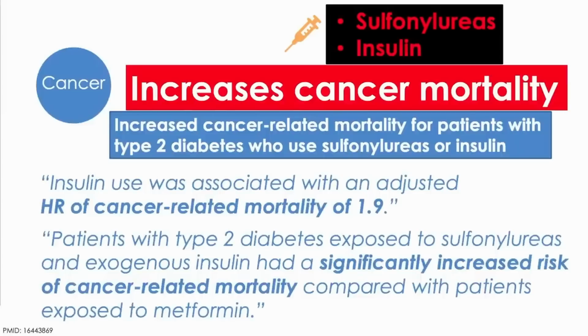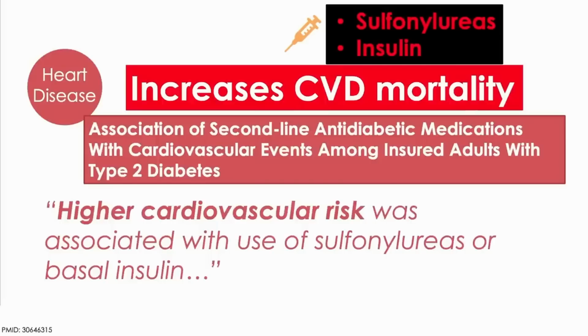Now, more lethal than just having too much body fat is the fact that substantial evidence suggests that when you are pushing the body further into hyperinsulinemia, you are increasing cancer mortality. In fact, you're about doubling it. So when the type 2 diabetic is put on insulin therapy, the likelihood of dying from cancer, which is modest, but getting more common all the time, is about 90% higher in this study, about twice as high as it should be. And then heart disease, where the type 2 diabetics who have to take on the highest insulin doses, even if they have perfect glucose levels, they are 3 times more likely to die from heart disease.